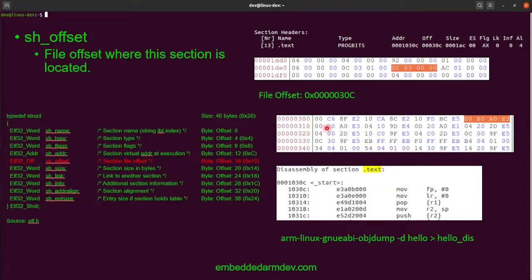Remember that this corresponds with 030 Charlie, this address right here. Remember again, this is little endian, so it goes from right to left. So the first 4 bytes of the text section are E3 A0 B0 00. So down here, what I have is the